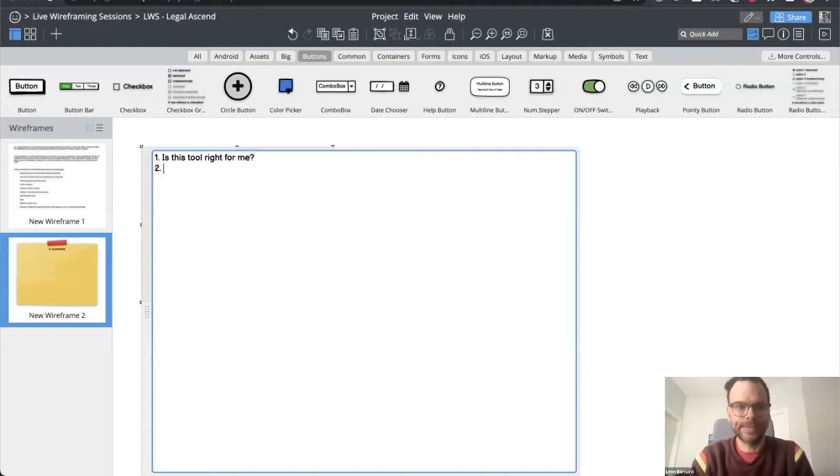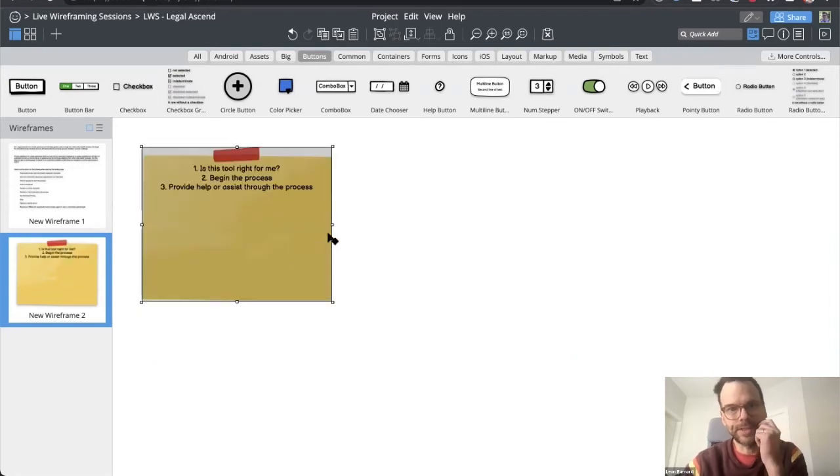Then maybe the second goal would be to at least begin the process. And then maybe a separate goal is to provide help or assist through the process, in case they run into some challenges.